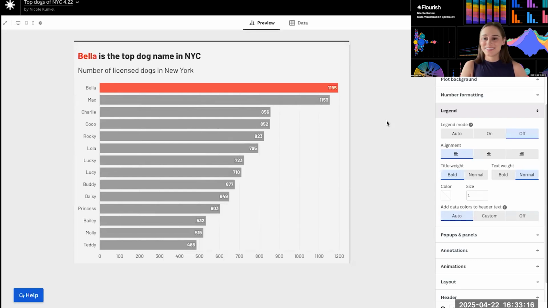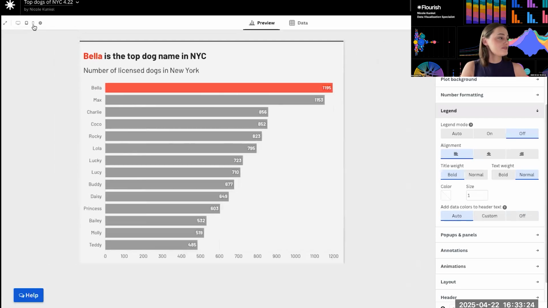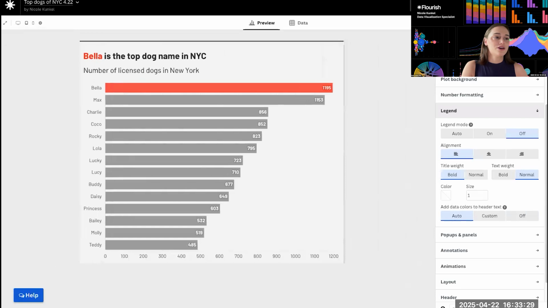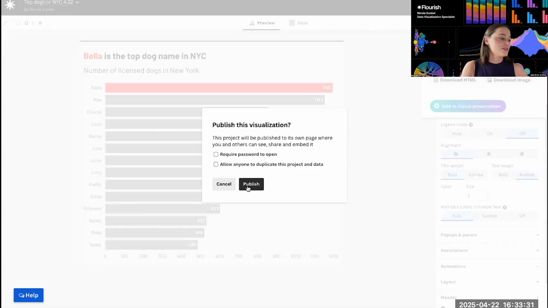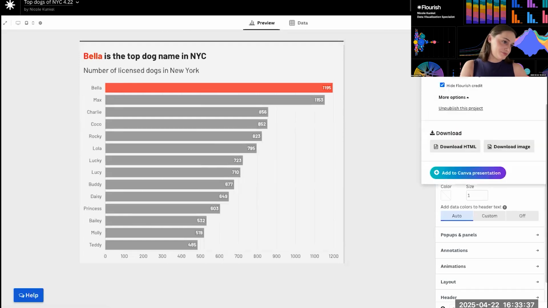All right. I think this is a great chart. I can preview how it's going to look on a desktop, tablet device, or mobile device. These all look good. So I'm ready to export and publish this. Once I do this, I can preview what it's going to look like using this public view link.